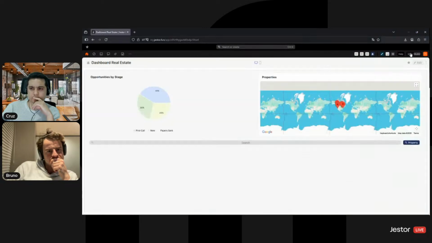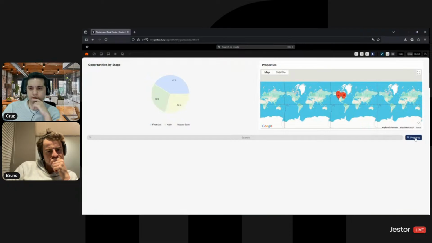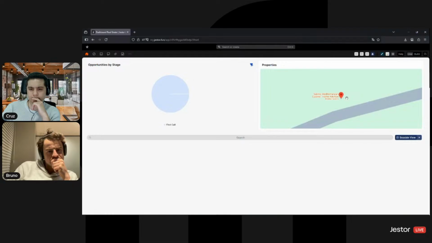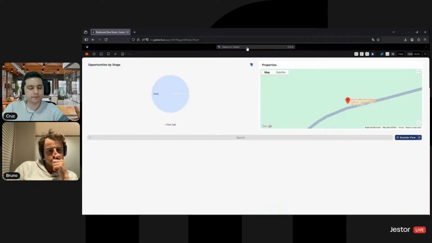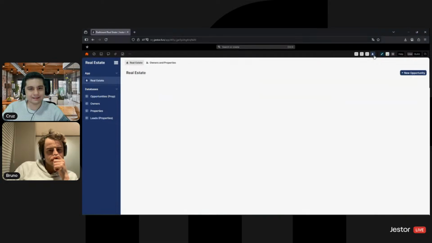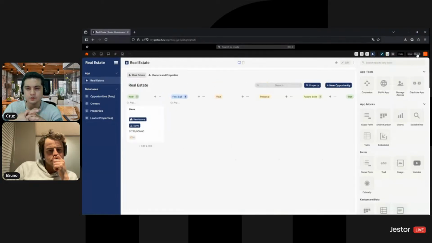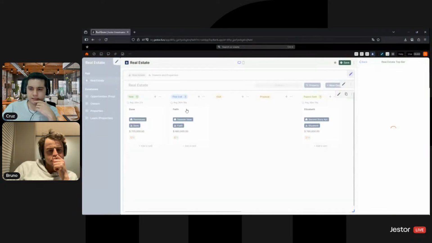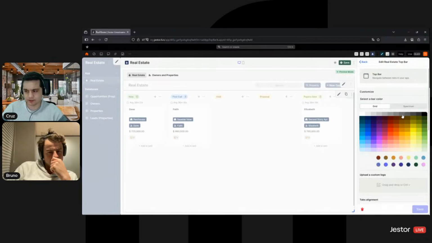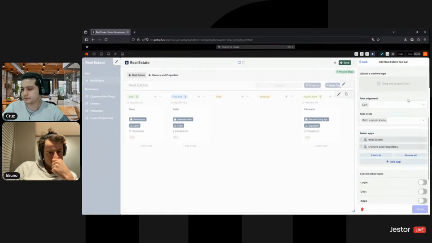And just to show you guys, now if I select a property, for example, seaside view, it's going to show in the map, and it's going to filter the chart as well. So let's just add this to this top part, and to finish things off, we're going to do what Banak said, which is adding a chatbot to the opportunities Kanban board. So let's add